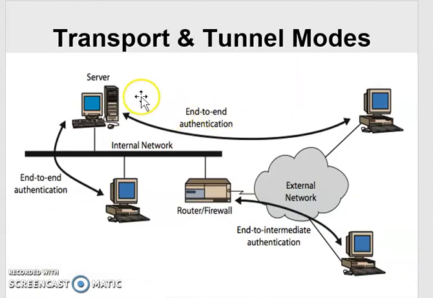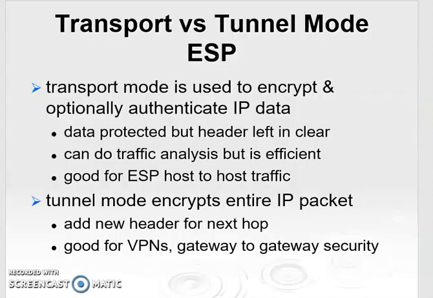Now you can see in the diagram, whenever there is end-to-end authentication between the client and the server, or two hosts or two workstations, at that time we use the transport mode. And whenever there is end-to-intermediate authentication, that is, only one of the ends of the security association. A security association is nothing but a link between the two hosts. When the association is established, only then can the client and the server communicate and send IP packets over the security association, SA. I'll talk about the SA later on. Right now, understand the difference between the transport and the tunnel mode.